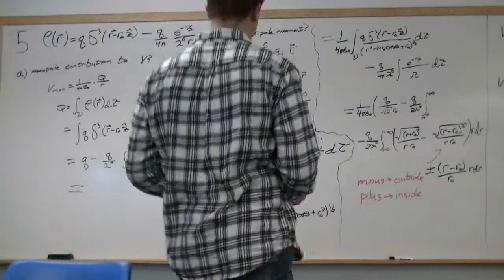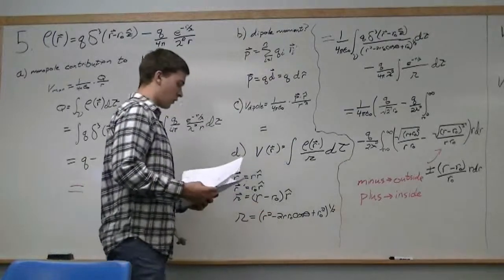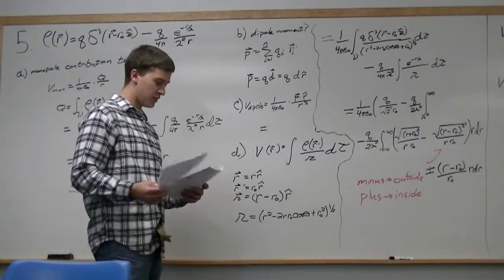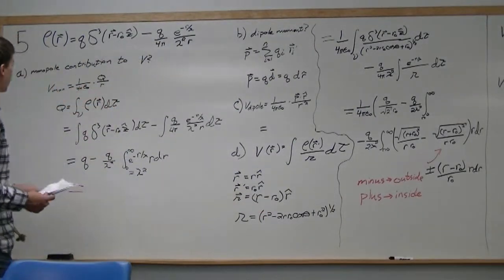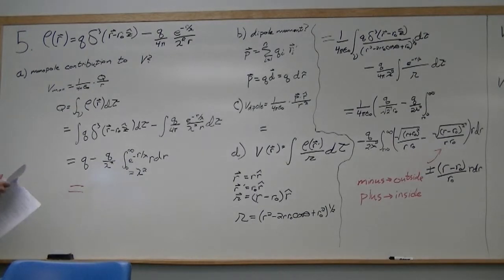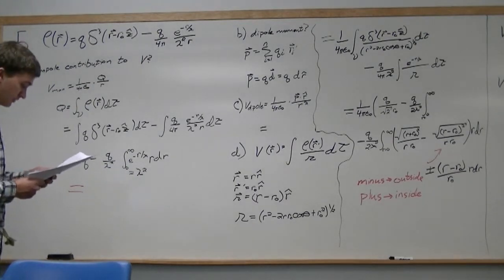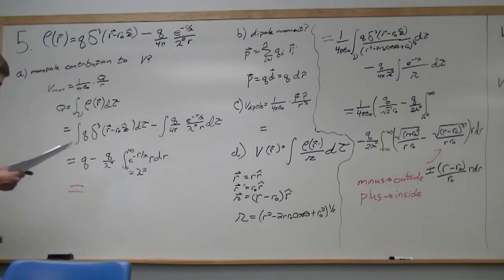Video solution for E&M 1 final take-home exam. Video solutions on number 5. Number 5 says, with an appropriate choice of coordinates, we can model a polarized hydrogen atom as having the